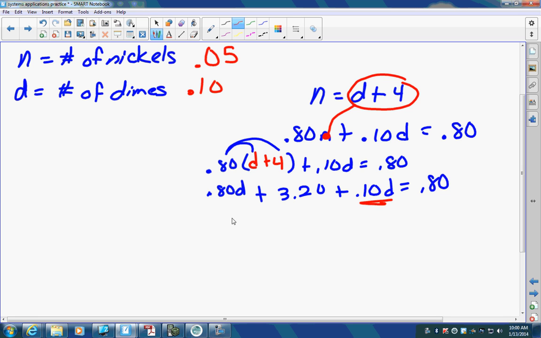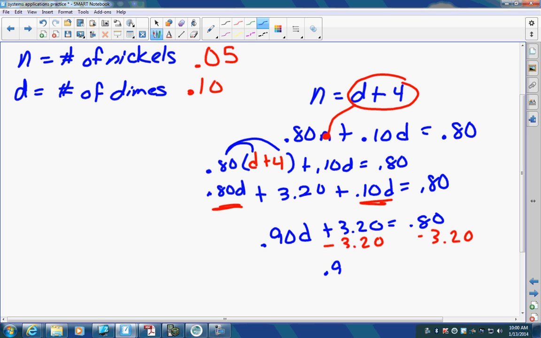Put your d's together. You get 0.90d plus $3.20 equals 80 cents. Subtract 3.20 from each side. 0.90d equals, now